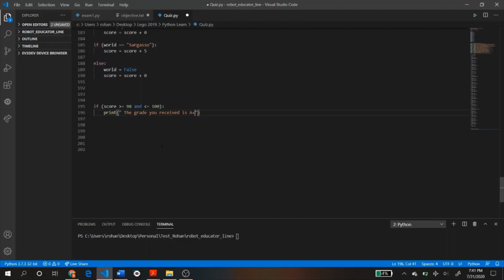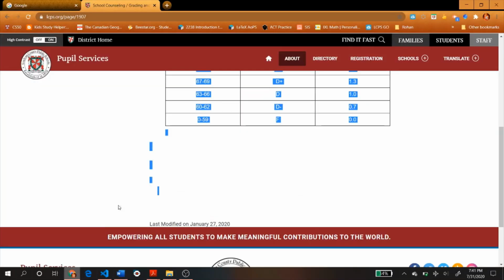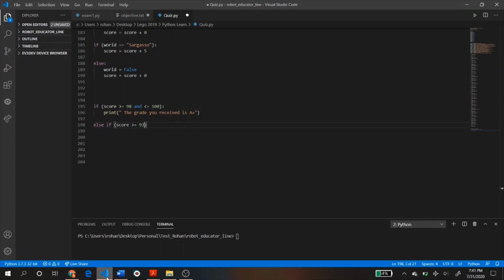A+. And we can do that for every single grade. So if score is greater than or equal to 93, which is an A, 93 and less than or equal to 97, it should print